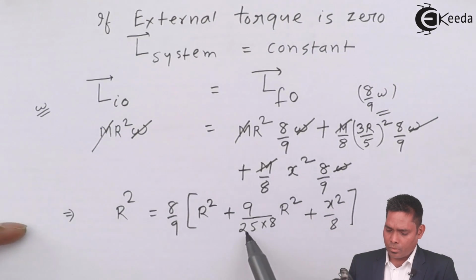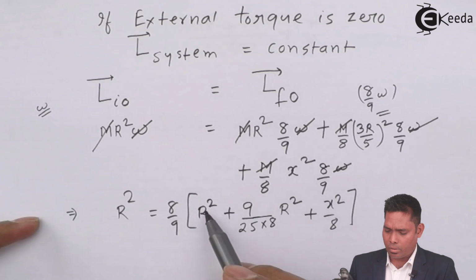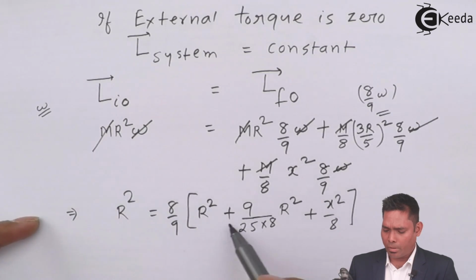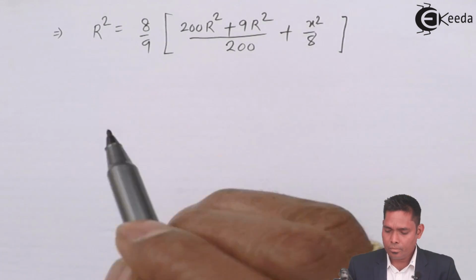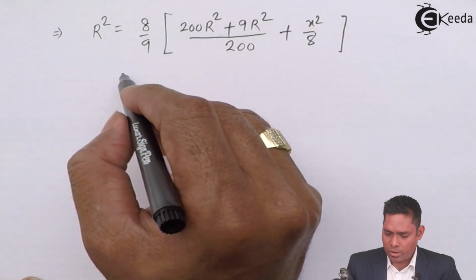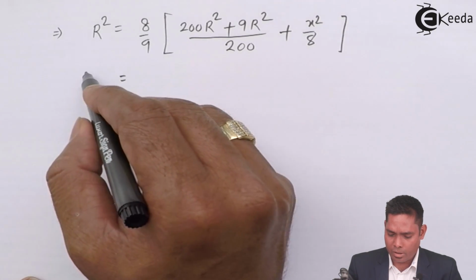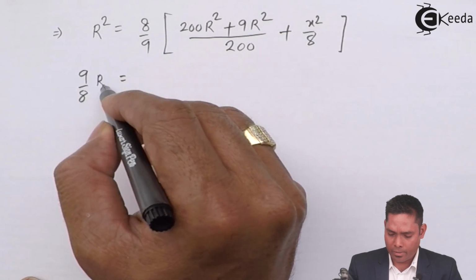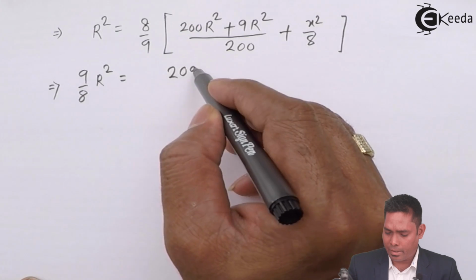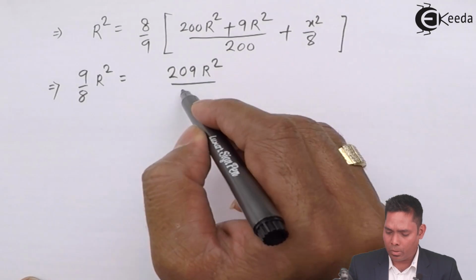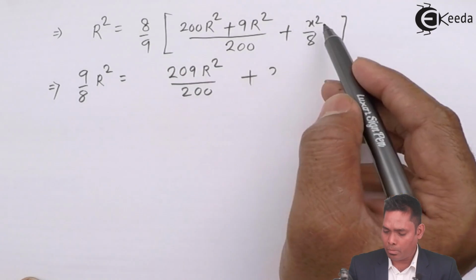Just what I have done is the LCM of these two terms. This is 200, so this will be 200 r square plus 9 r square divided by 200 plus x square by 8. Okay. Now I can take this to that side. This is 9 over 8 r square, and this will become 209 r square divided by 200 plus